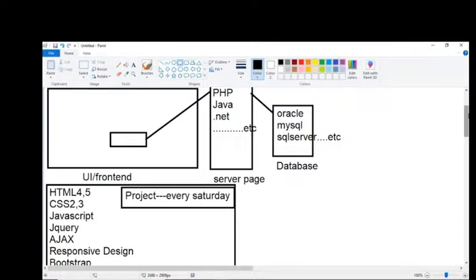Here I'm discussing front-end programming. Under this, HTML 4 and 5, CSS 2 and 3, JavaScript, jQuery, Ajax, responsive design. All these topics I'm going to cover in front-end. But here presently,